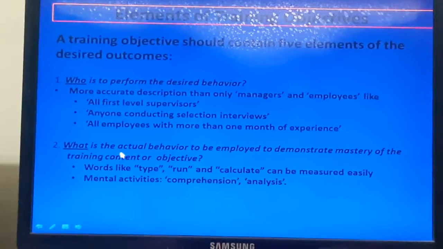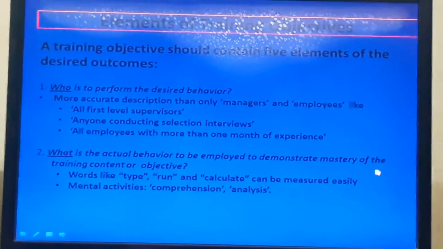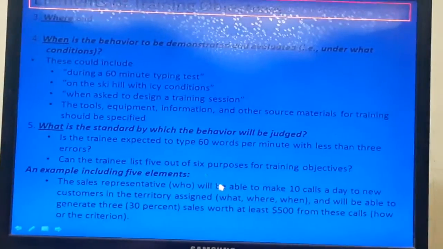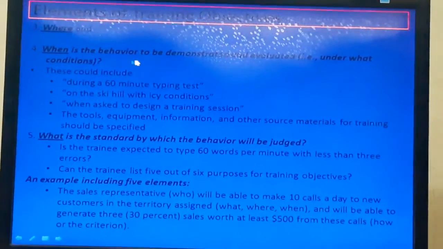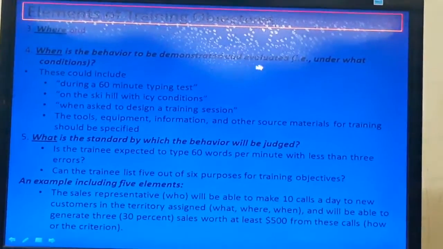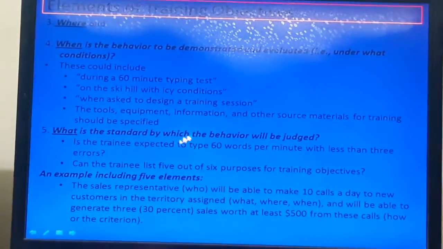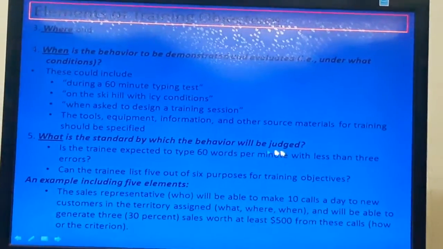Then second, what is the actual behavior to be employed to demonstrate mastery of the training content or objectives? Third, where? Fourth, when is the behavior to be demonstrated and evaluated? That means under what circumstances? Then fifth, what is the standard by which the behavior will be judged?